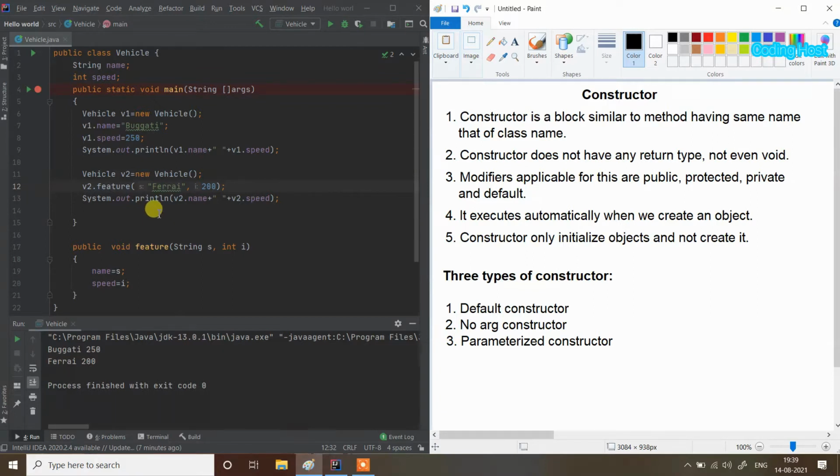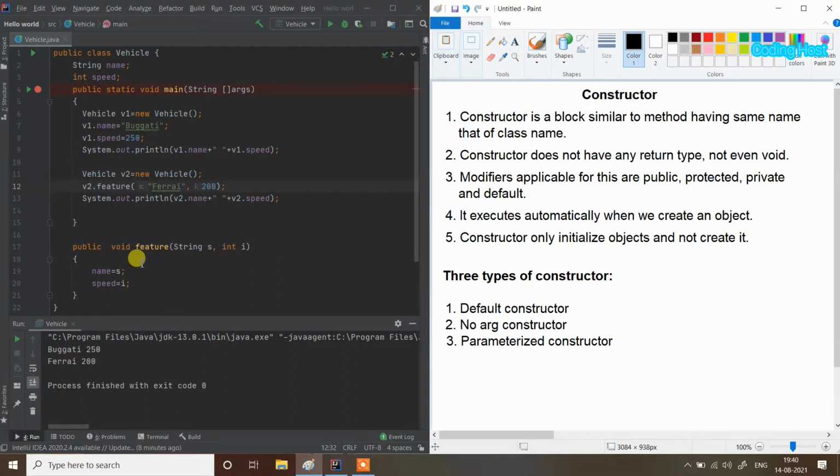But we also have a third way, by using a constructor. So what is a constructor? A constructor is a block similar to a method, having the same name as the class name. It looks like a method, but it has the same name as the class. Here our class name is Vehicle, so the constructor name will also be Vehicle. The second point is that a constructor does not have any return type, not even void. When we make a method, we give it a return type.